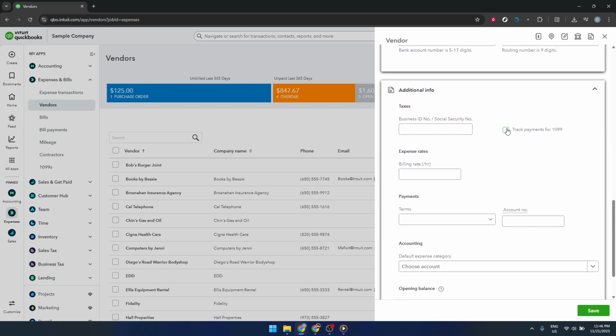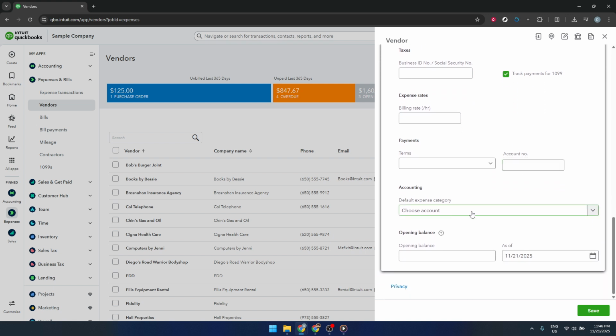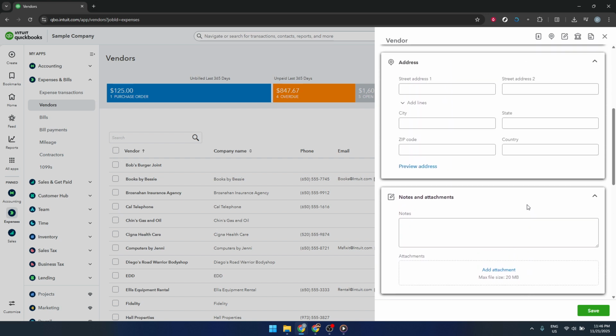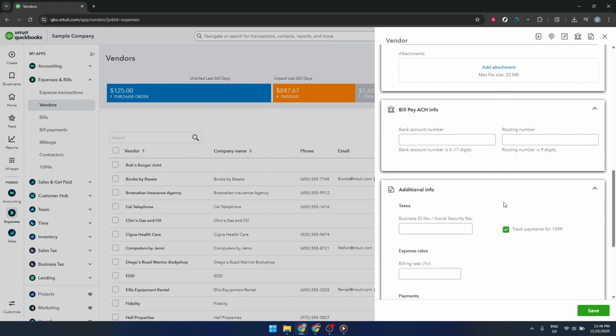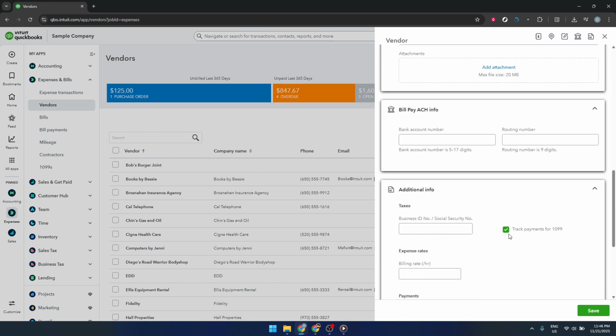By turning this on, you're telling QuickBooks that payments to this vendor may need to be reported on a 1099 form, which helps you stay compliant with tax reporting requirements. If you forget this step, you might miss them when you run your 1099 reports at the end of the year. After you've confirmed all the details look correct and the 1099 tracking box is checked, you're ready to save